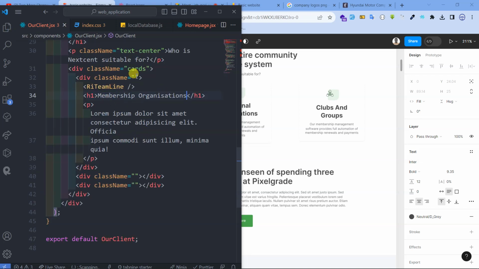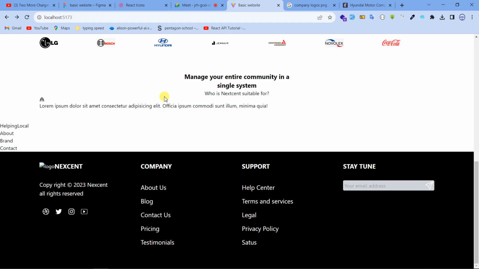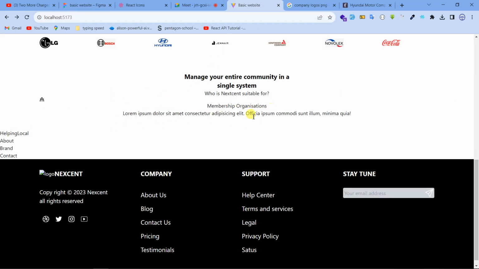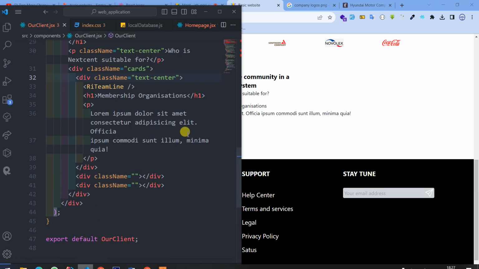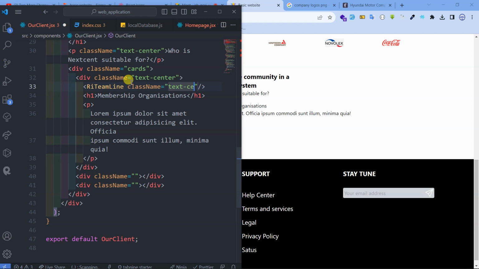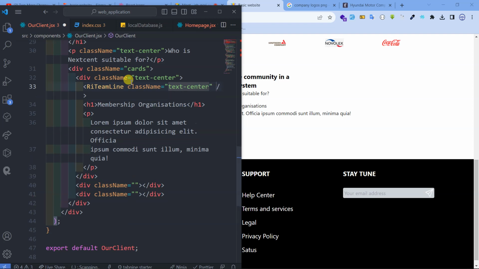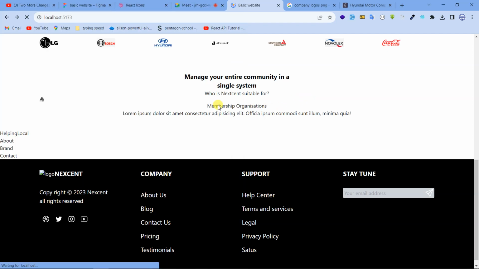Let's also add here text should be center, so that everything will be in the center. Now by going back here, you see everything seems to be in the center, but this one here failed to go to the center. Let's also add a class name here, cn. Let's add here text dash center. Let's see where this one will go. Now by saving this one and refresh,